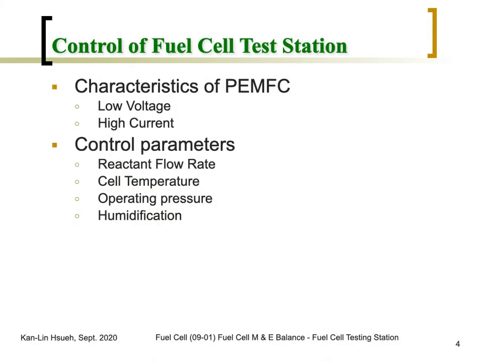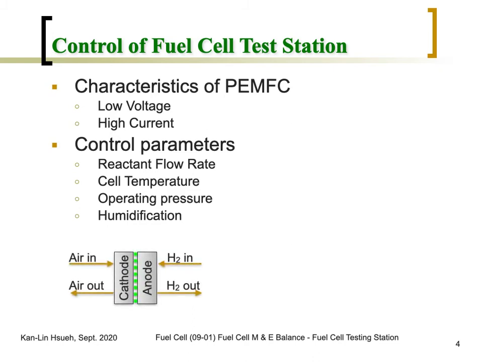And for the cell, for the control parameters, we consider reactant flow rate, cell voltage, operating pressure, and humidity. For a fuel cell, you need air in and air out, hydrogen in and hydrogen out. So the first thing you need to control is the reactant flow rate. You have to decide how much air or hydrogen has to flow in. You can calculate this from the theoretical basis, and from there you can set the practical operation